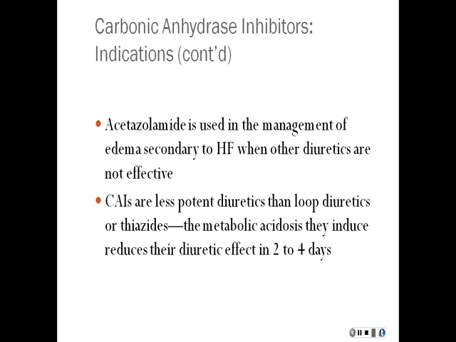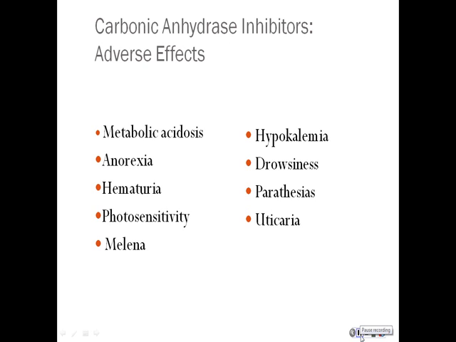So drugs like Diamox are used for management of heart failure when other diuretics are not really working, but they're less effective than other classes of diuretics that are used. And part of the problem is that the metabolic acidosis they induce can reduce their diuretic effect in about 2 to 4 days. So here's just some of the adverse effects that can happen with the use of CAIs: metabolic